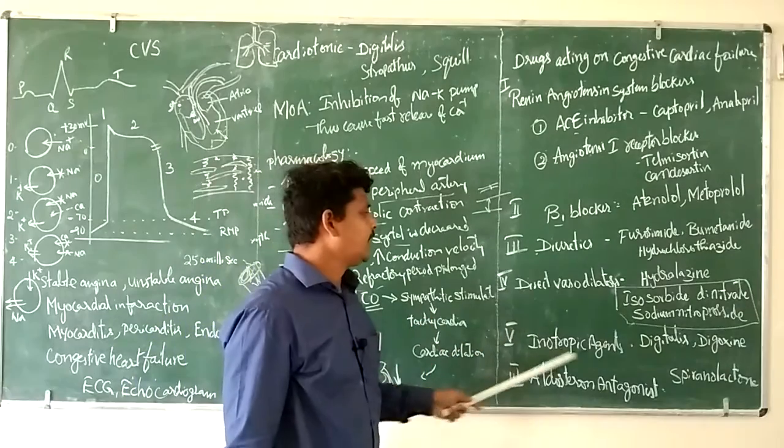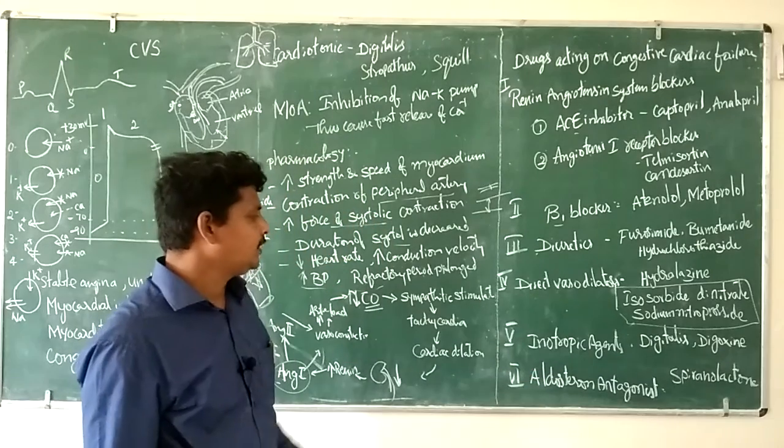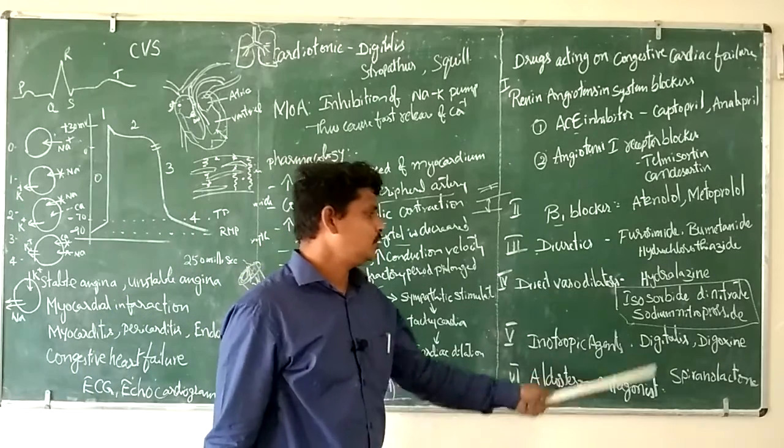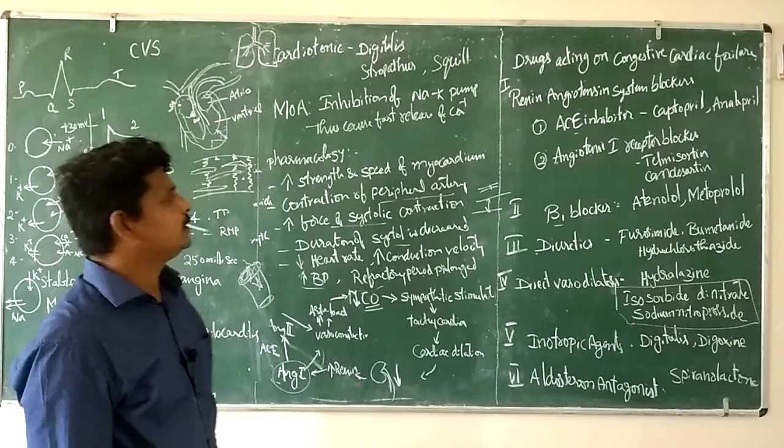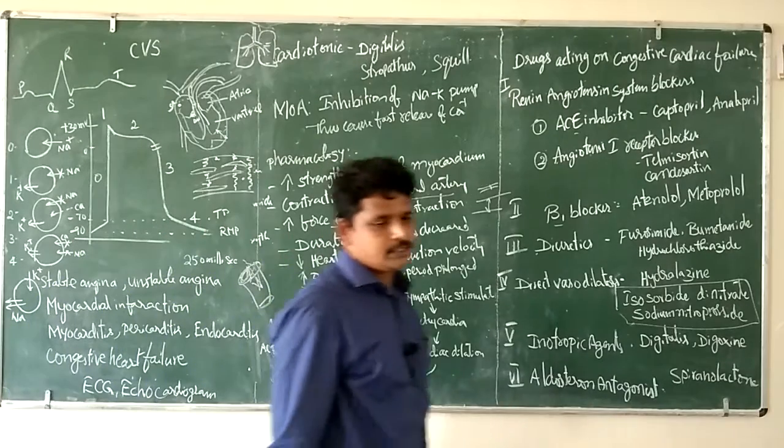Next, inotropic agents, as we discussed, digitalis and digoxin, and aldosterone antagonists, for example spironolactone. These are the various drugs that we can use in